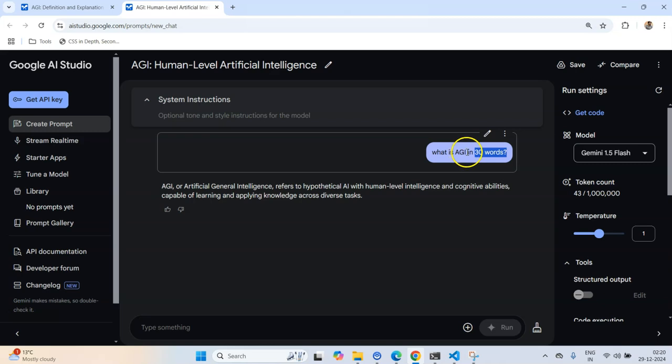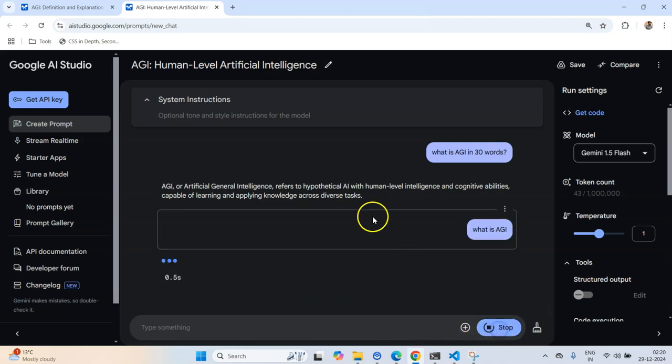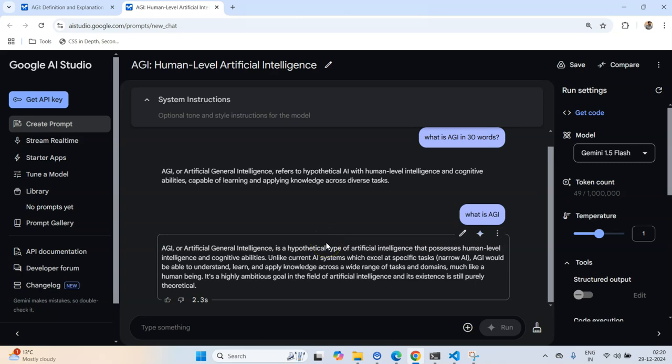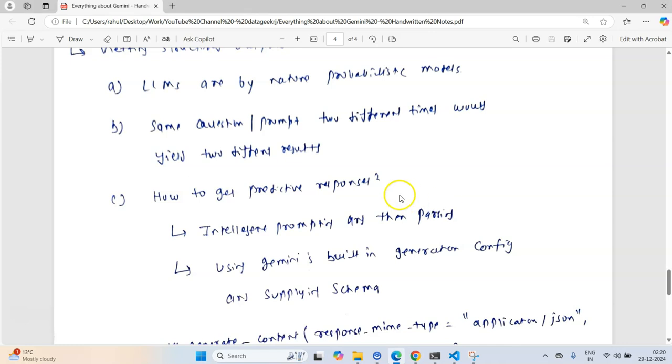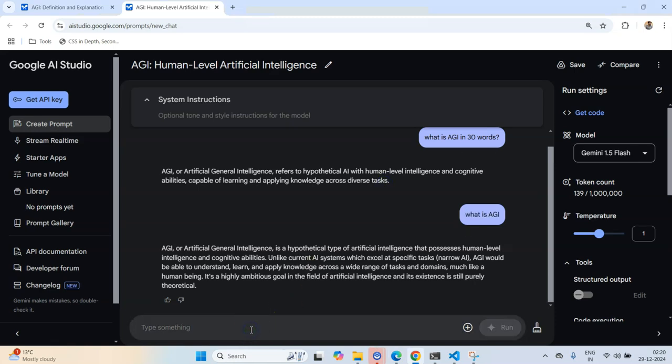Let's say if I just ask it, what is AGI? This time it is not going to restrict itself to 30 words. It is going to go for as long as it wants, and it is also unpredictable. So if in the prompt itself I try to be more elaborate, I can have some sort of predictability. Let's say I do something like, what is AGI?